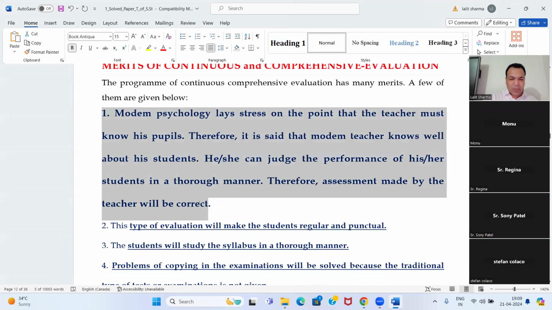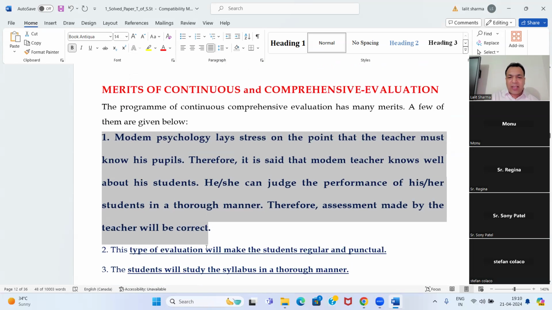The first is, ये देखो, I have bolded, I have zoomed out because it is an important line. Modern psychology lays stress on the point that the teacher must know his pupils. आ गया ना, देखो point वही. The teacher must know his pupils. Therefore, it is said that modern teacher knows